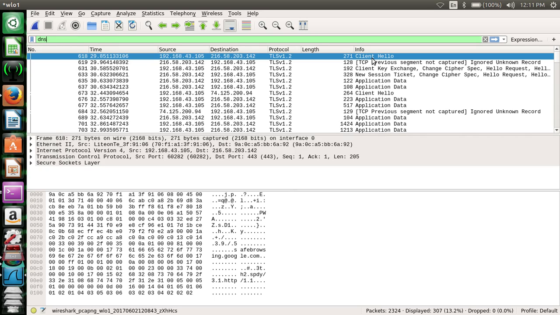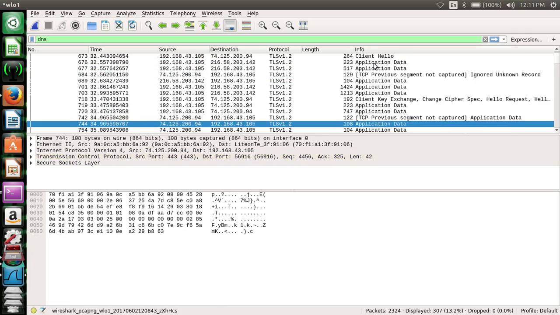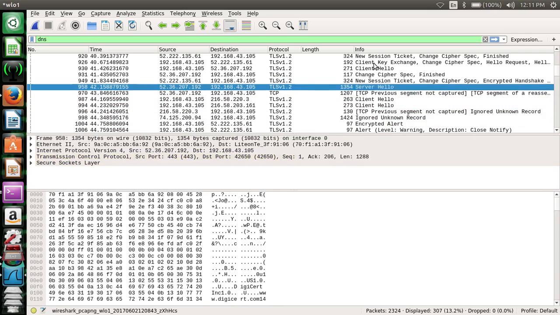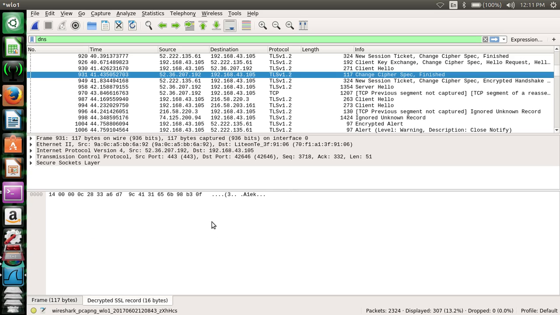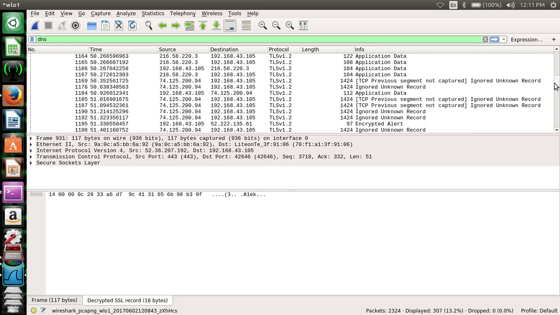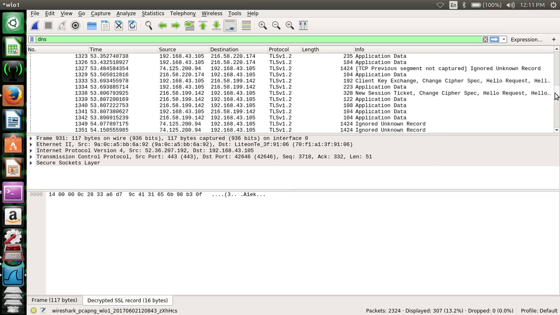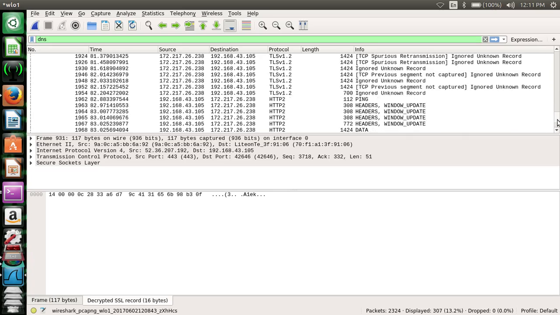Here you have to look at the bottom tab. You will find a decrypted one. Just find the packet for which the data has been decrypted. Just scrolling down. Yeah, I found the packet. Lots of packets are here. We have to analyze the packet. Just scroll down until you get the decrypted data. Finding the results. Yeah. Just scrolling down.